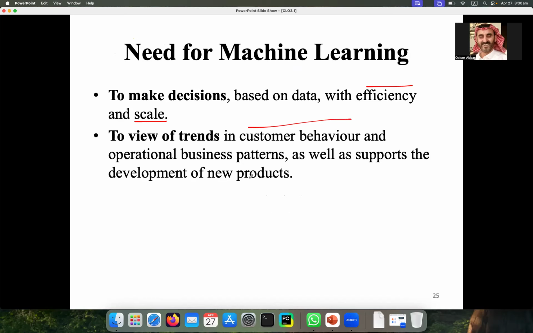Or similarly, if you want to increase your business and for that you have to introduce new products, you can also see your data first, and then identify what different things you can introduce. So there are different techniques available in machine learning which you can use to view the trends of customer behavior.